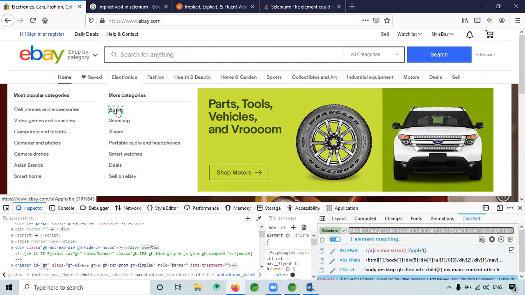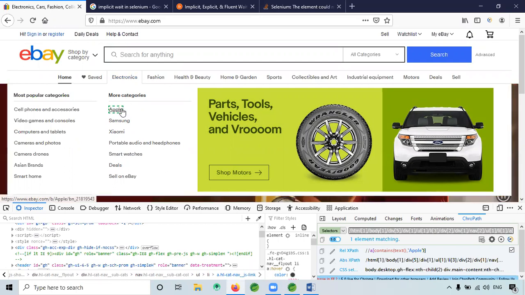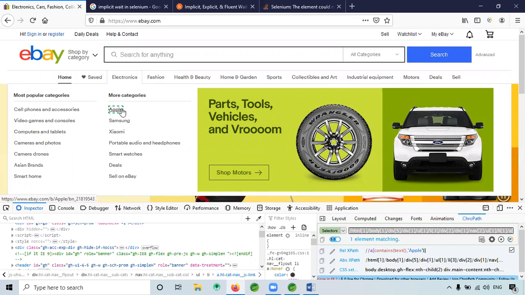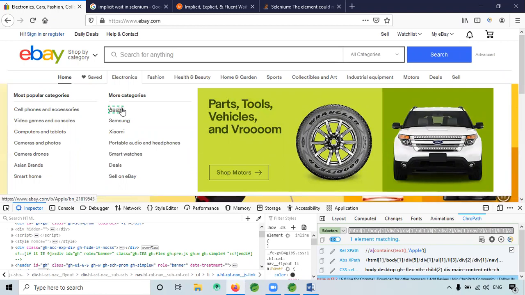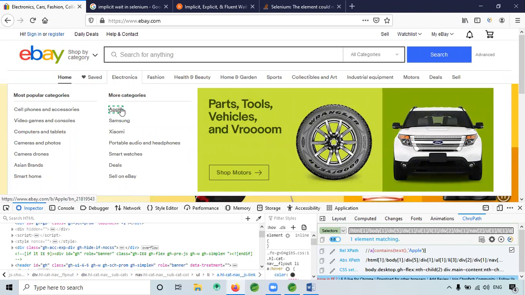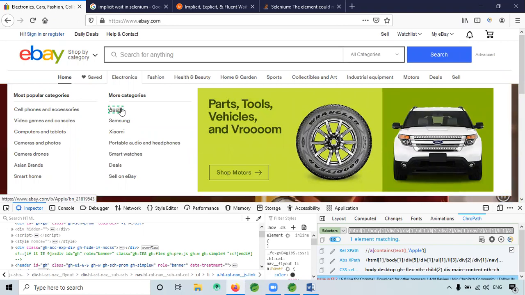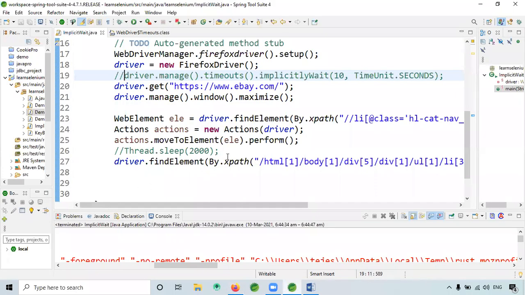When I did this earlier somewhere, I had to scroll down. I think I used navigate to, or I don't remember exactly. One second, I have that code. Okay, so we'll check that. See, this is explicit. For explicit, as I told you, it will come with the condition itself.